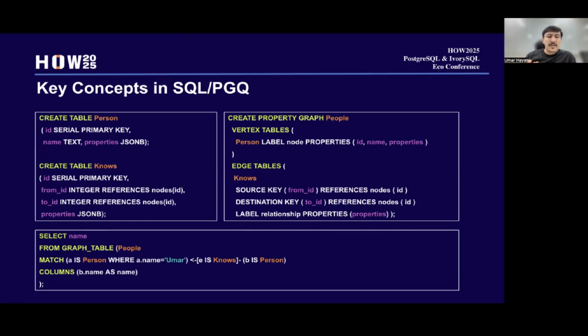So the column is b.name AS name. So this is how you treat relational database tables as graph tables. You will see it's not exactly similar to graph queries like Cypher, but it still does the job: you can use the existing tables and data in the form of a graph.